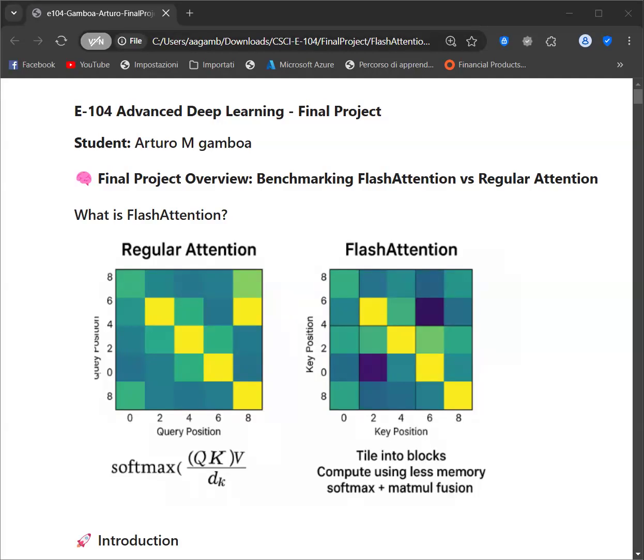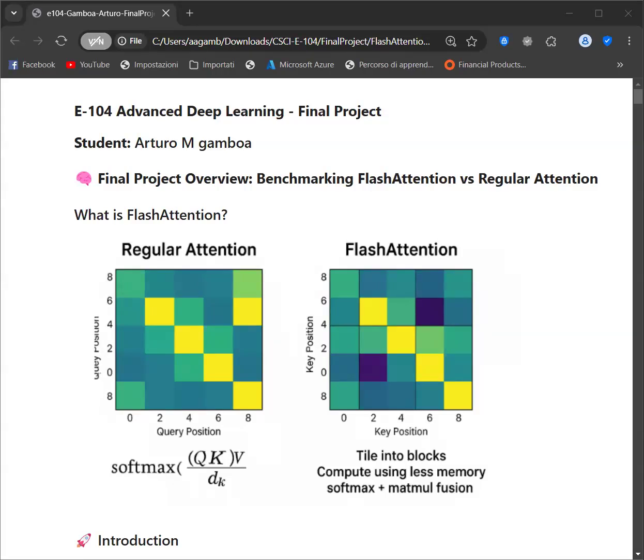That's exactly how flash attention works. The second approach, which is flash attention, is more efficient, faster, and easier on resources, and is exactly how the efficiencies of flash attention come to fruition. So today I will show you how FlashAttention2 improves performance, memory usage, and scalability using real benchmark visualizations on my NVIDIA